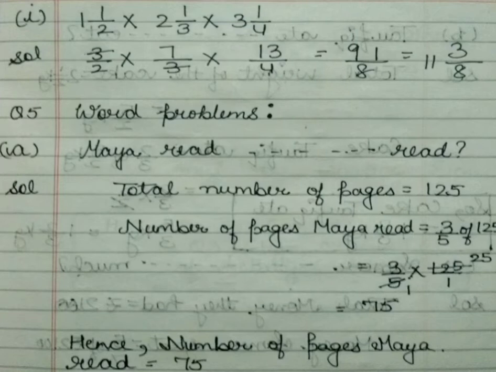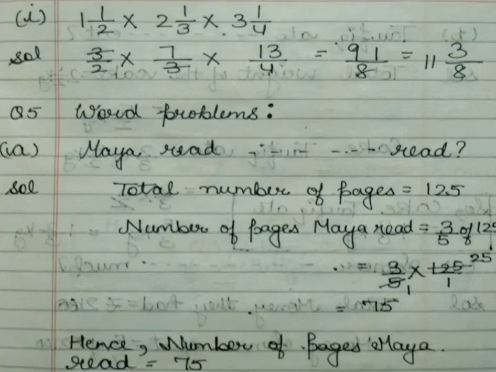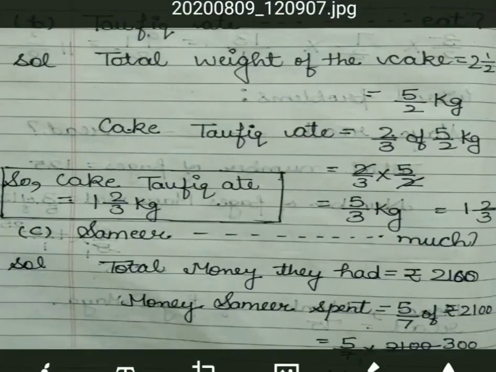So in place of 125, what do I write? 25. Now 3 25s are 75. Clear? Then we write the "hence" line. The hence line is our last line. Means, hence, the number of pages Maya read is 75. Clear? Now students, we do the question